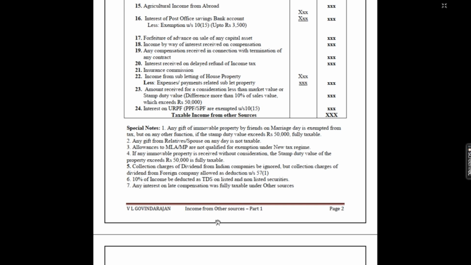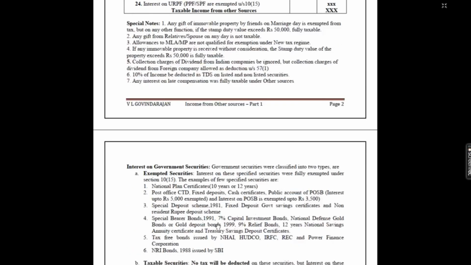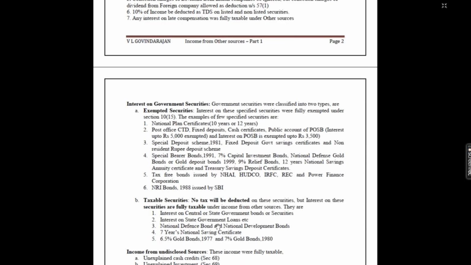Now, we already explained here that interest on government securities were fully exempt under section 10(15). What are those fully exempted government securities? Interest on these specified securities were fully exempted under section 10(15). Here are a few examples. Number one, national plan certificate. It may be the 10 years or 12 years certificates. Post office cumulative time deposit or fixed deposit or cash certificates or public account of POSB,